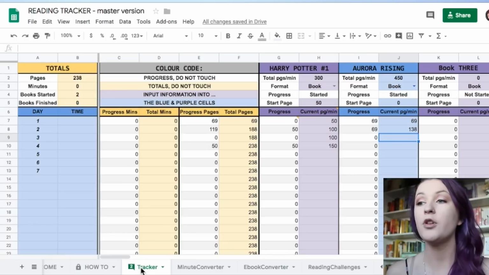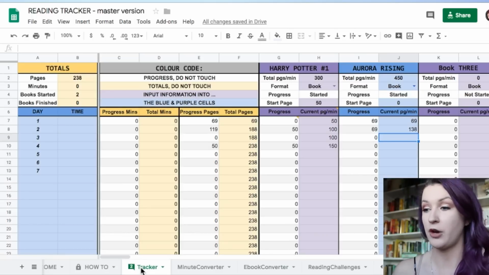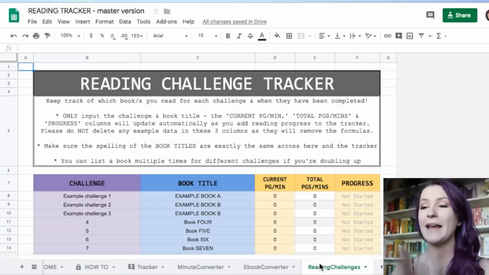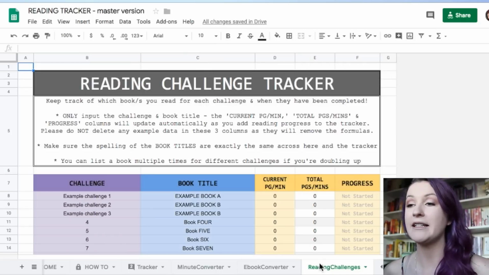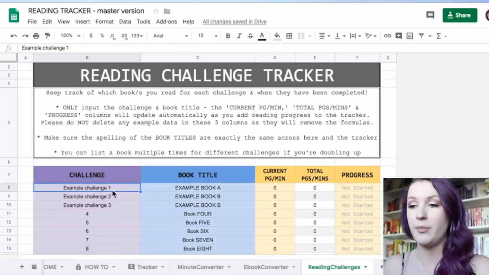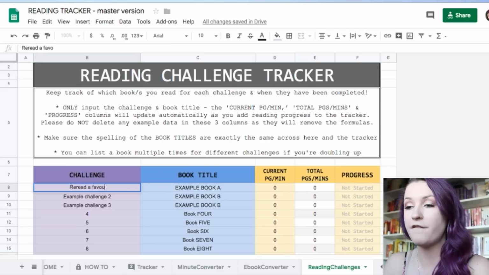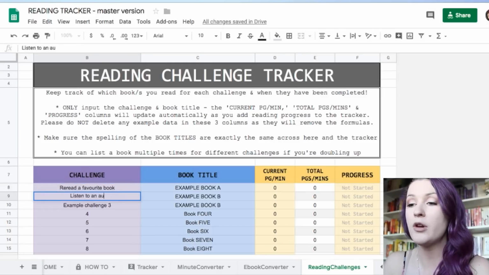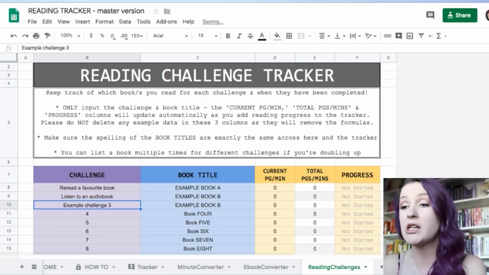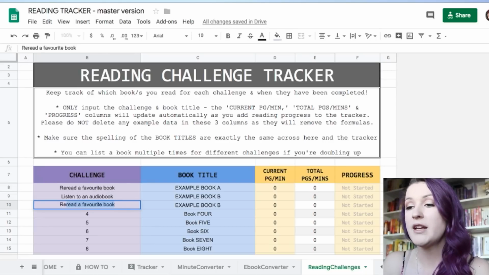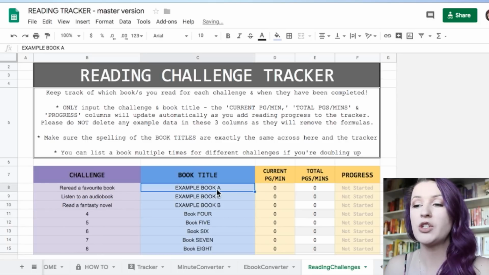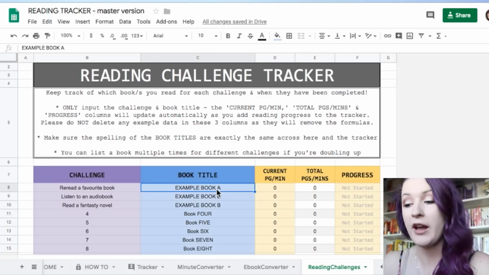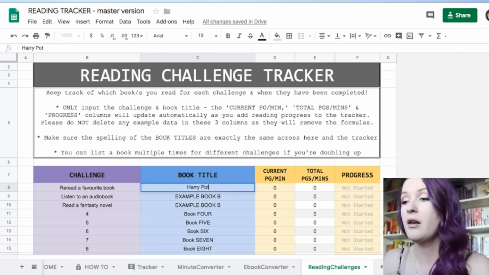Now, if you're doing a readathon with reading challenges, you can also keep track of everything in this handy tab. Let me do an example. So say our first reading challenge is to reread a favorite book. The second challenge is to listen to an audiobook. The third challenge is read a fantasy novel. Okay, cool. So I'm going to be rereading a favorite book, and that is Harry Potter